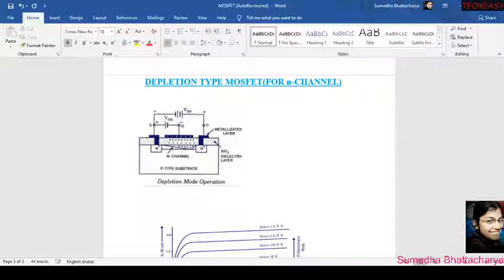Hello all. Today I will discuss depletion type MOSFET for N-channel only. In the previous class I discussed enhancement type MOSFET, also for N-channel only, right? So at first we will talk about the construction of depletion mode MOSFET, right? Now the basic difference in construction between enhancement type MOSFET and depletion MOSFET is,